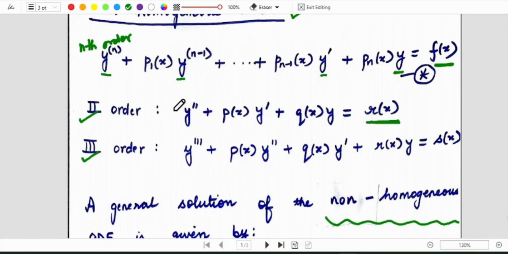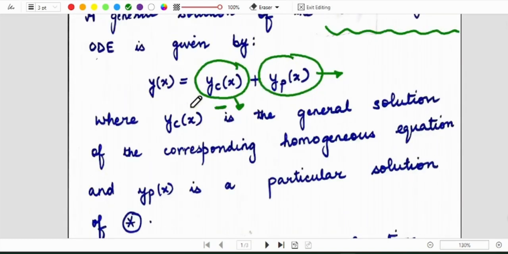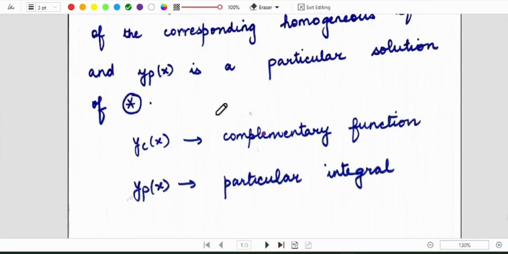How you obtain one particular solution is a different story. We'll be discussing that in great detail in the next videos also, and today, in the next question, I'm going to demonstrate how you get your yp(x). But let's first understand the terminology. You calculate yc(x). yc(x) is called the complementary function. That's the reason there's a C attached to this. And yp stands for a particular integral.